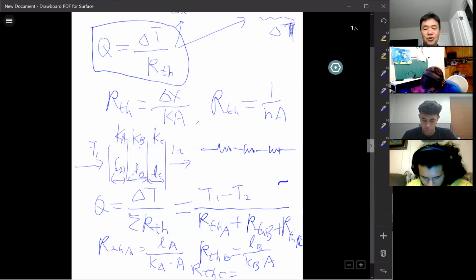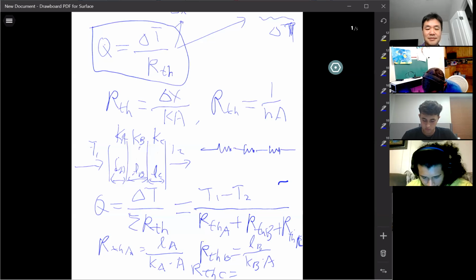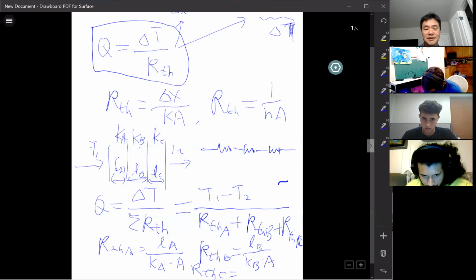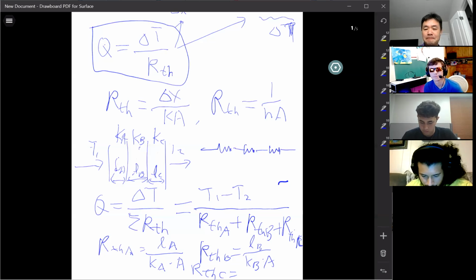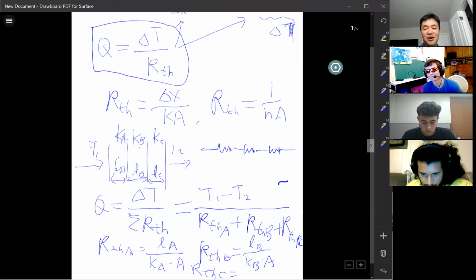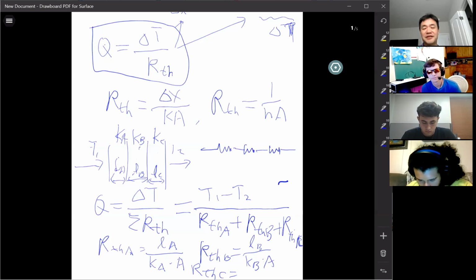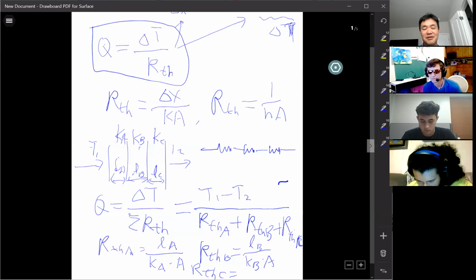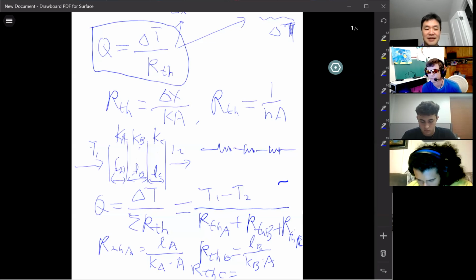That makes sense? So you basically solve the problem by writing out this equation, then you can figure out the thermal resistance, so you can figure out the Q easily. Do you like this? This is a better way than what we did in chapter 1. This is what engineers like to do, the engineering way: if you can group many terms into a coefficient, in this case the thermal resistance.